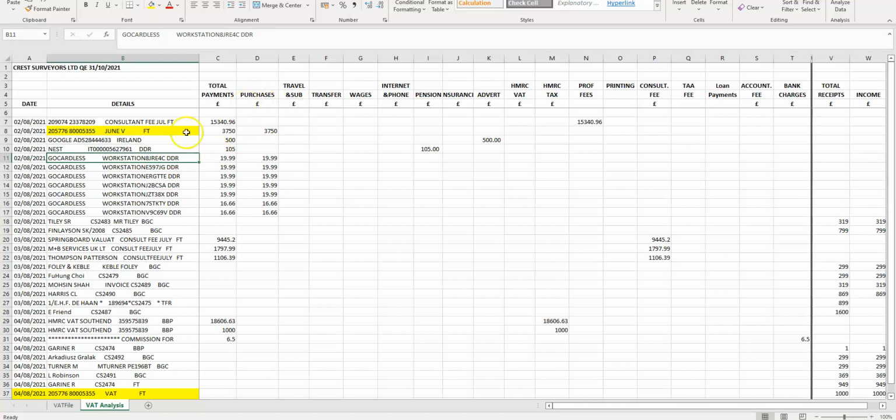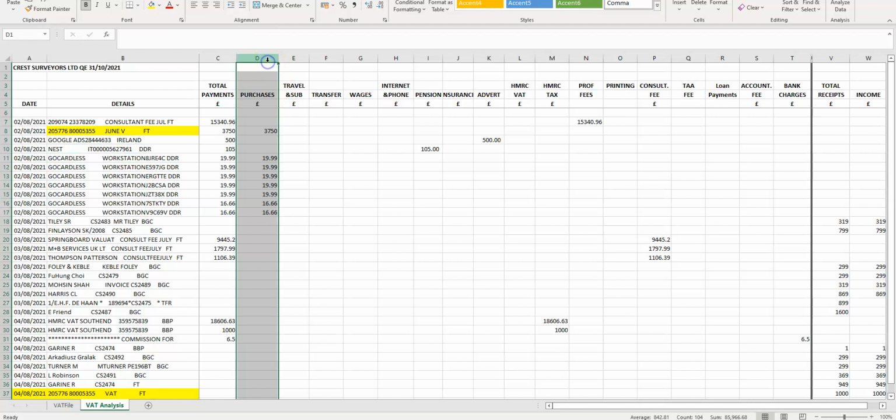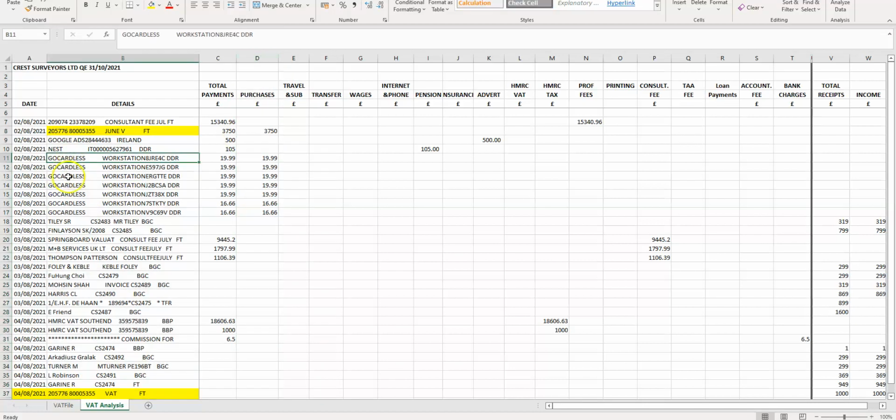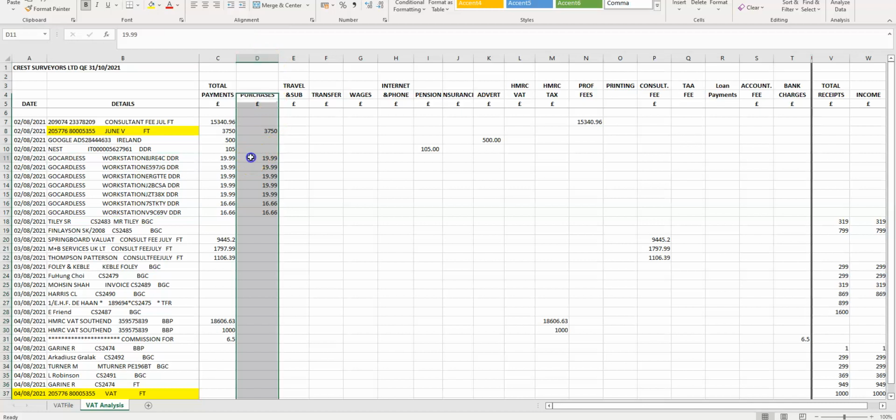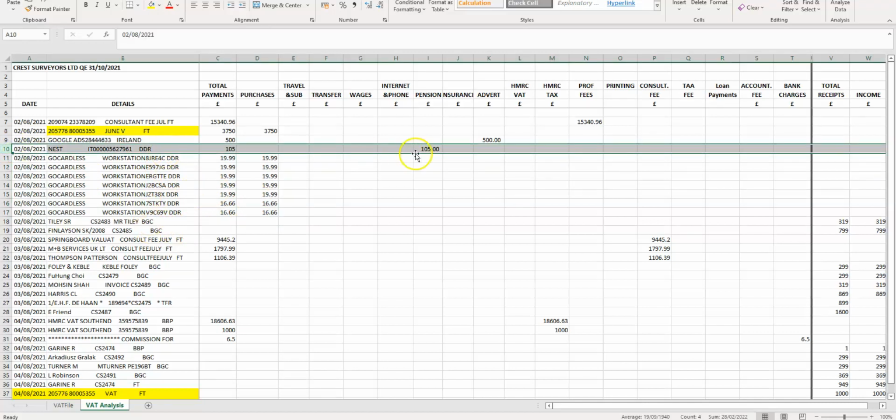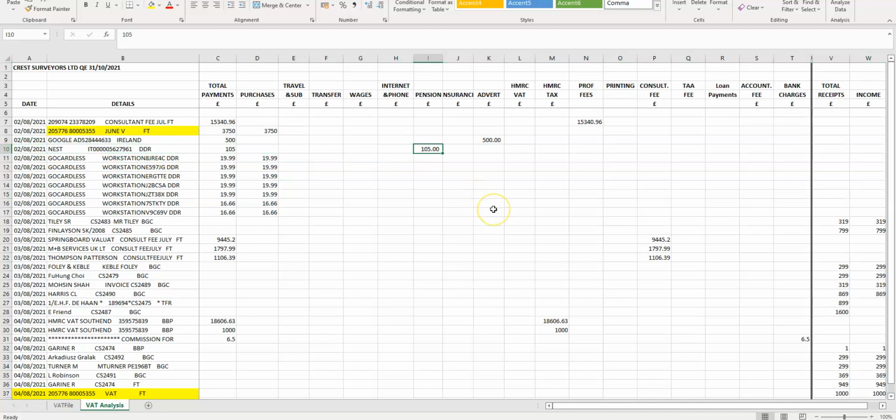For example, we need to identify how much they made in purchases. We can see they paid some money for the go-kart race, and this comes with VAT, so it comes under purchases. That means the client can claim the VAT. On the other hand, for example, the client paid for NEST, which is for the pension. If the client paid for the pension, obviously we cannot claim the VAT on that, so for that